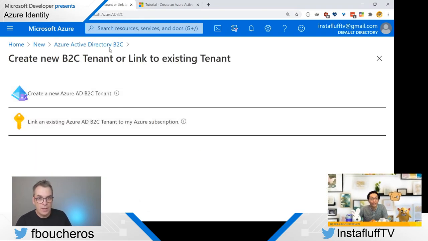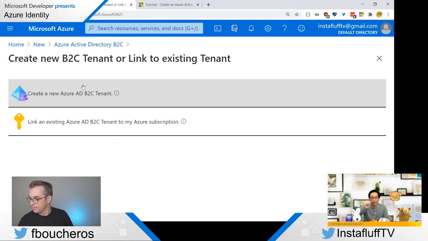Are you using Azure Mask and Instafluff? I'm sorry? Are you using Azure Mask right now to not show too many keys or secrets on your screen? Oh, I don't know what that is. You don't know that? Oh, I need to share that with you afterwards. We'll make sure you delete everything you create today. It was made by Clarkio. It's a browser extension, and it will blur any key inside the Azure portal, so it's super useful when you're streaming. Generally they give you the option to click to show, and I've seen that at least with this one.